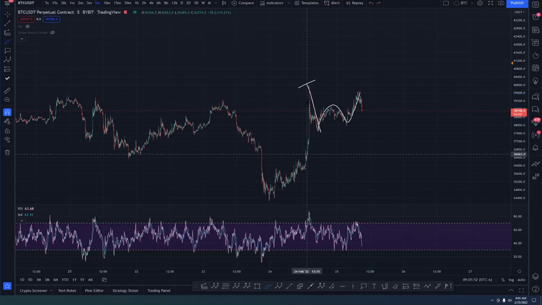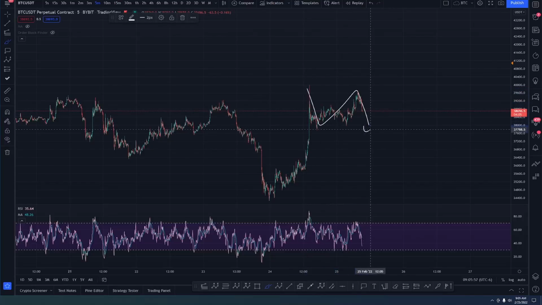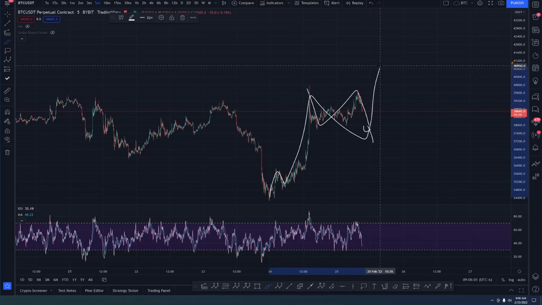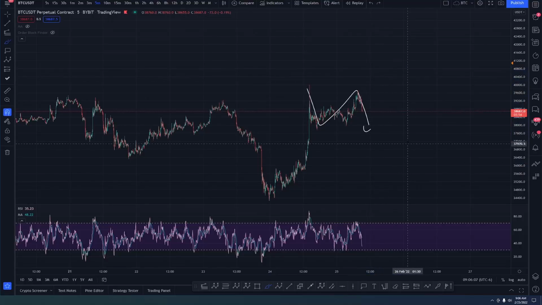And what's that called here? It's a flat. And this would be a wave 4 of our 1, 2, 3, 4, and 5. We'd be looking for a 5th wave to the upside. If this happens, that's going to be telling. Because if that's 5 waves, that means we're beginning something.